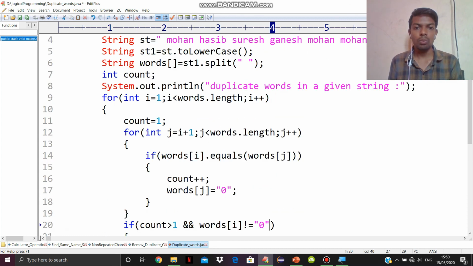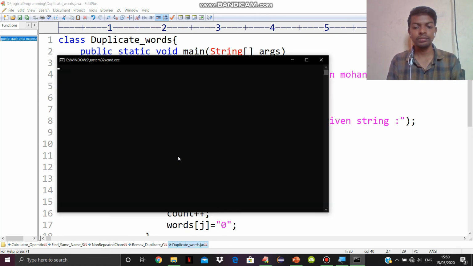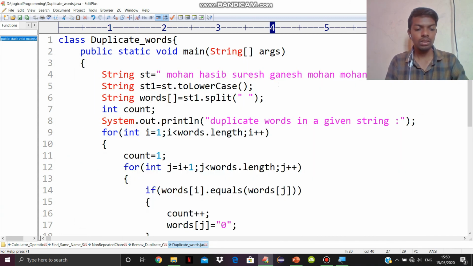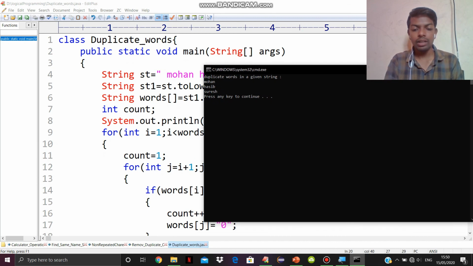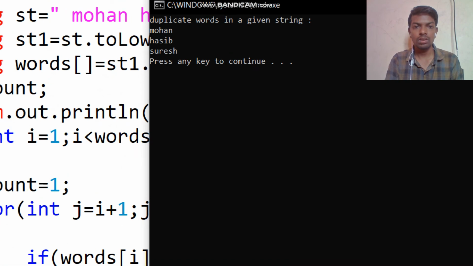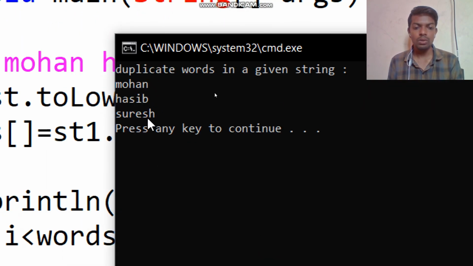Let us see what is the output now. Compiled successfully, executed successfully. So now we will get the correct output. Mohan, Hasib, Suresh.